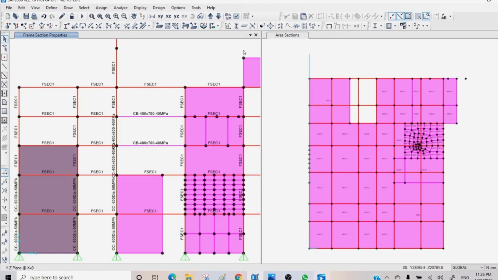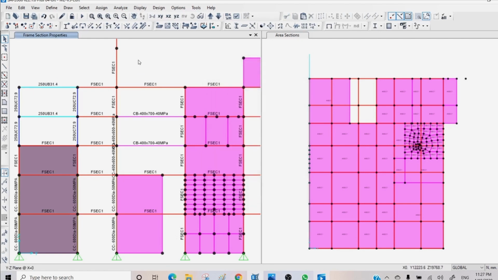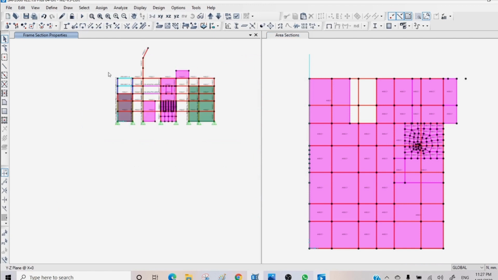Also, what you can do to see some sections more clearly, let's define some steel columns, then I can show that one to you, that by extruding elements you can see a better section. So I choose some steel sections here, for example 250 UC, and then those are beams, say 250 UC 31. Apply. Okay, now if I select this view and show selection only and go to 3D,